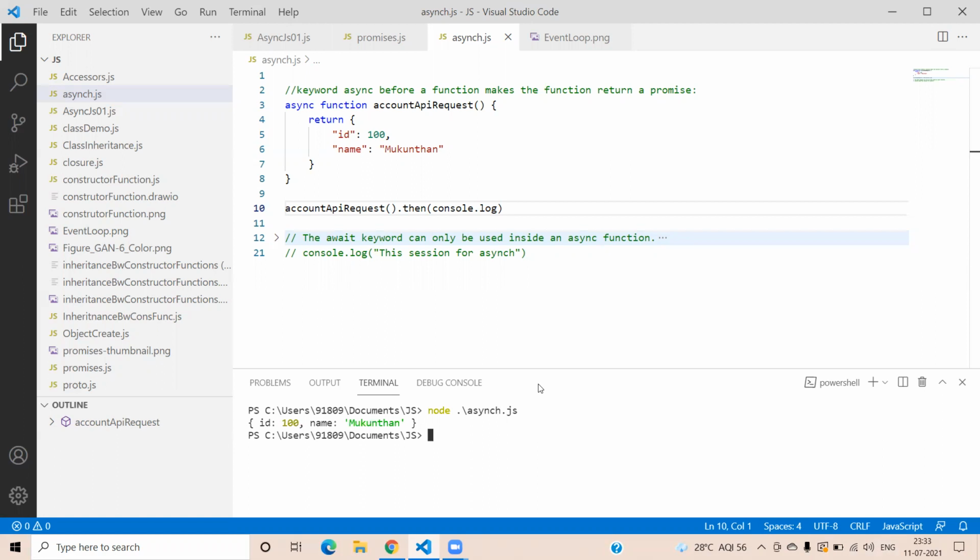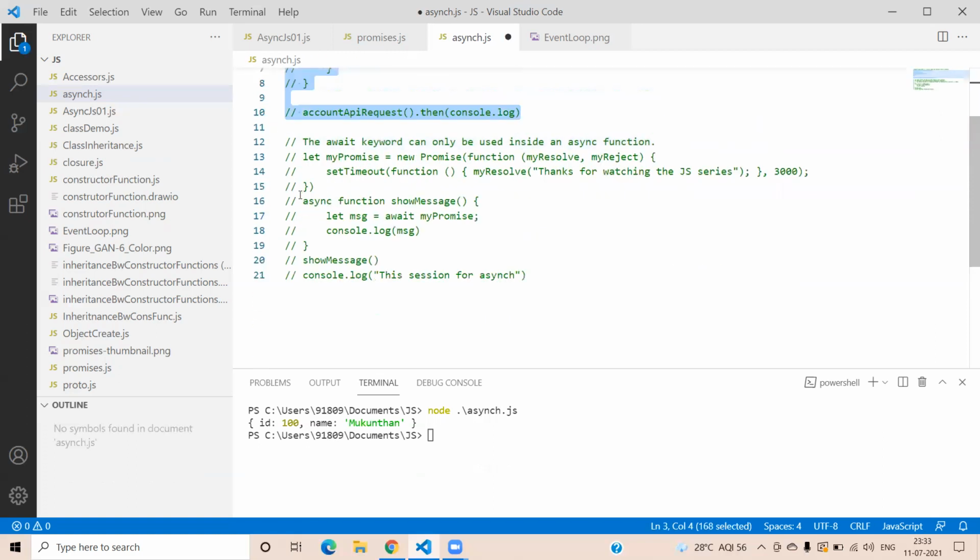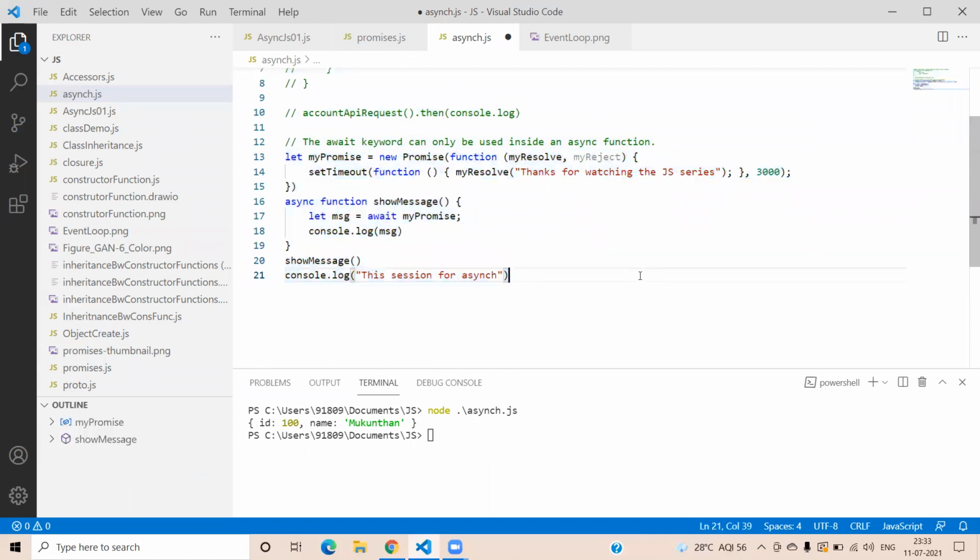Now we will understand the await keyword. Before starting with the await keyword, we need to make sure that this await keyword only works inside your async function. Let's consider you want to do some compact operation, such as you have a promise, you are waiting for the promise to be completed, and after completing, then you need to do some actions.